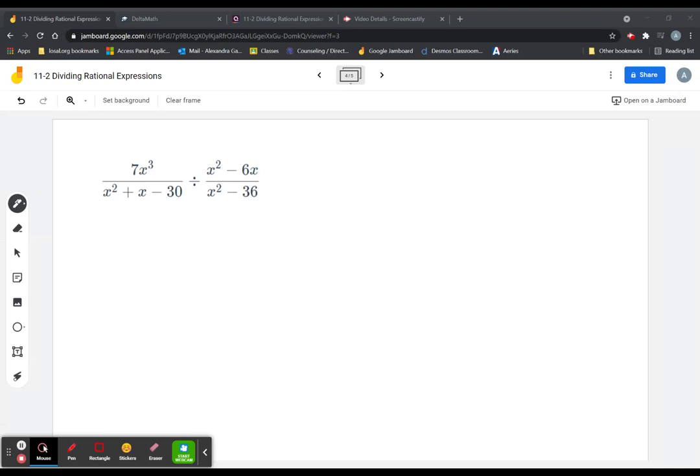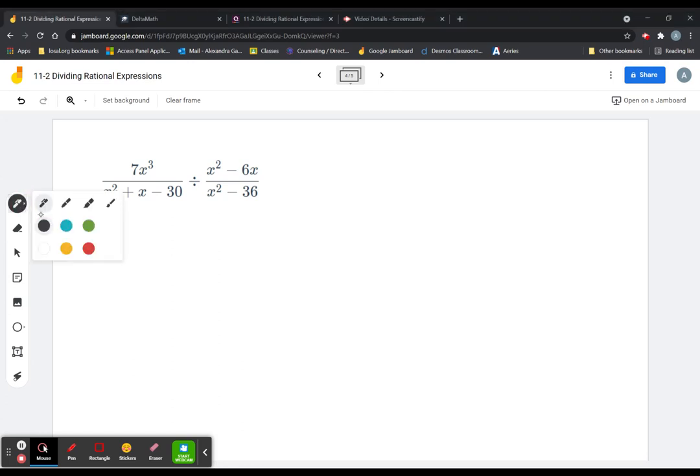Okay, this is our last example for dividing rational expressions. So for this example, we're going to do the whole flip and factor and flip. I like that one better. Factor and flip,